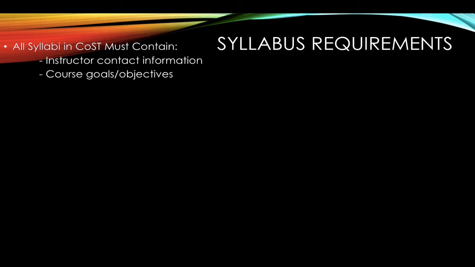Your syllabus should also contain course goals and objectives, what it is that a student who leaves your course should be leaving with. You need to include evaluation criteria. How are you going to evaluate that written paper? How are you going to evaluate that particular assignment, etc.? Are you going to use a rubric? If so, provide a copy of that rubric to the students so that they know exactly how they're being evaluated.